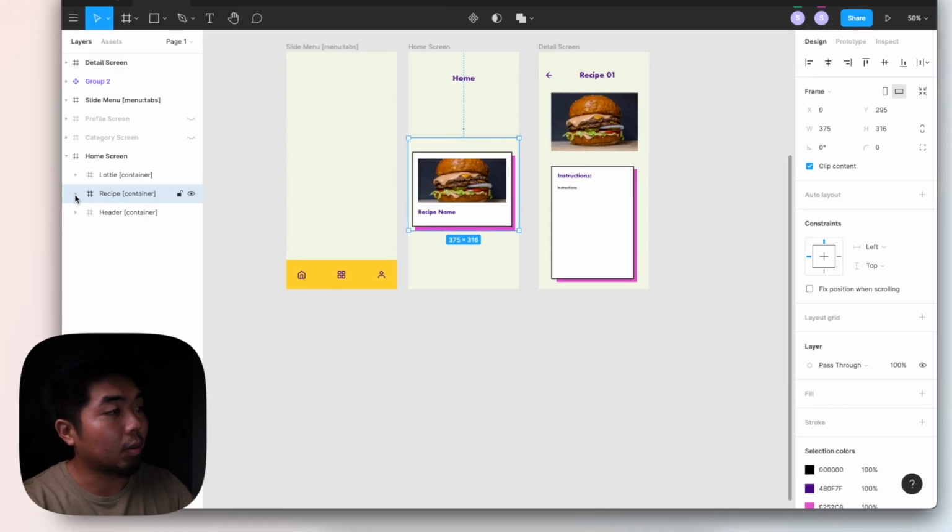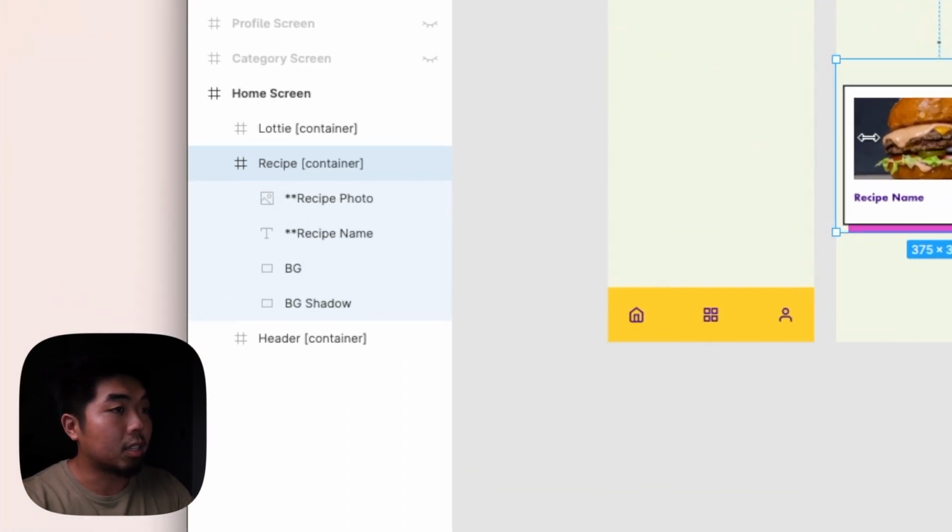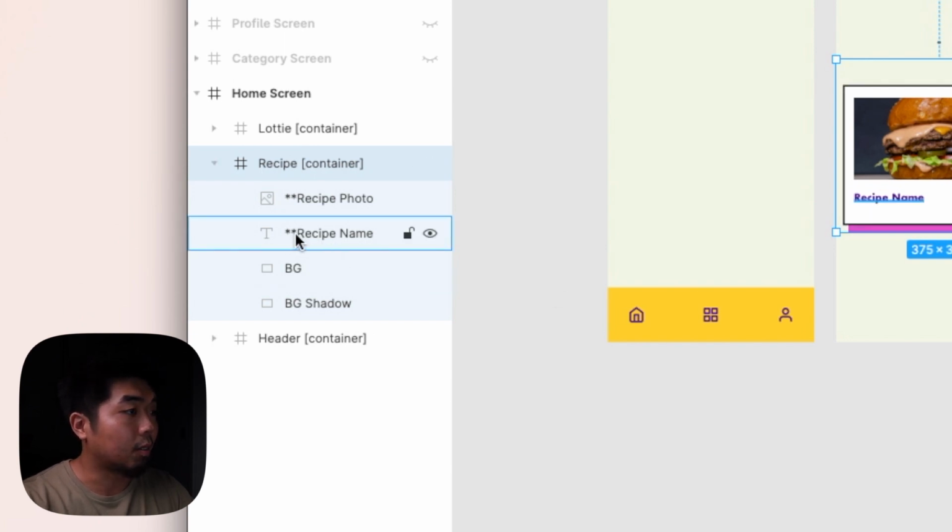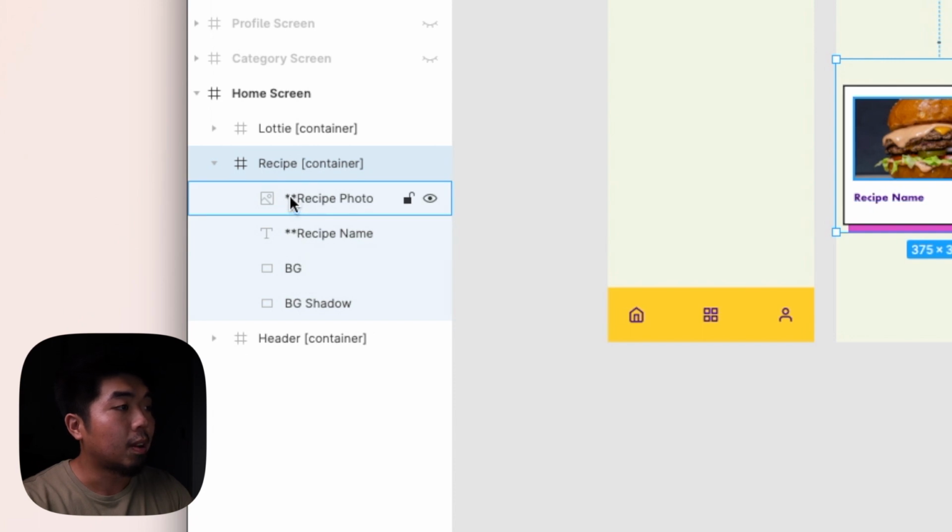If I take a look right here at this frame, it's my recipe, it's a container right here. It has the recipe photo and the recipe name. It has the background blocks, which are this white and magenta colored block here. Now you'll notice that in front of recipe name and recipe photo, I actually put 2 stars.